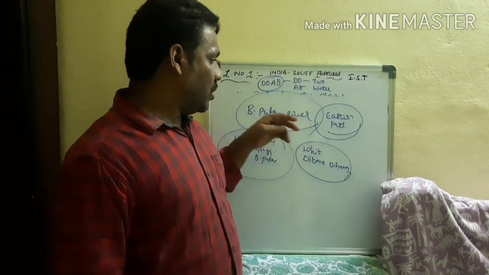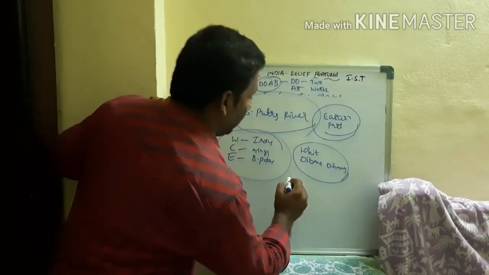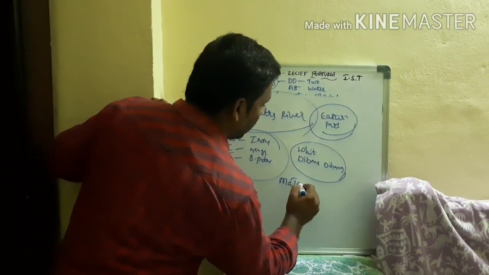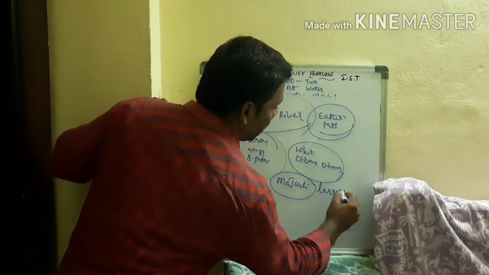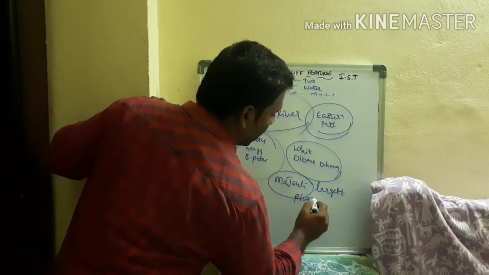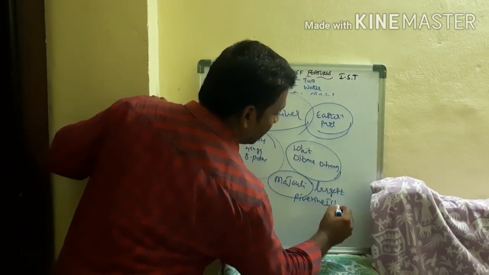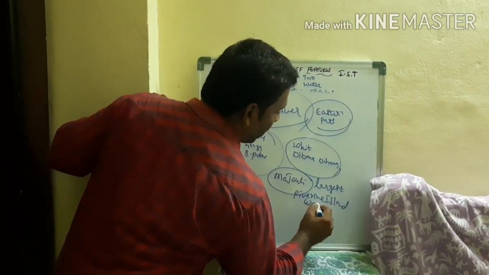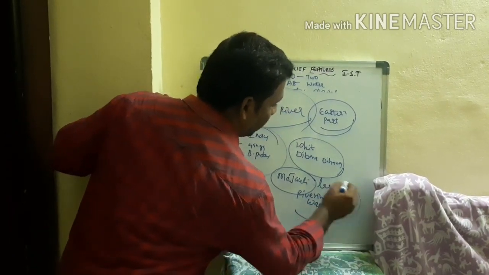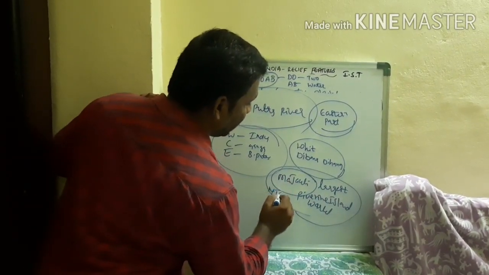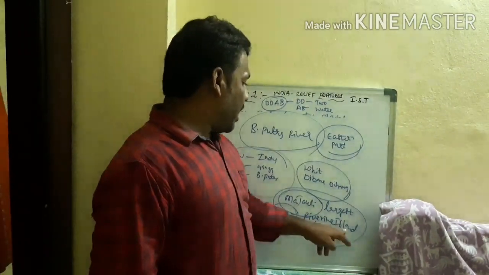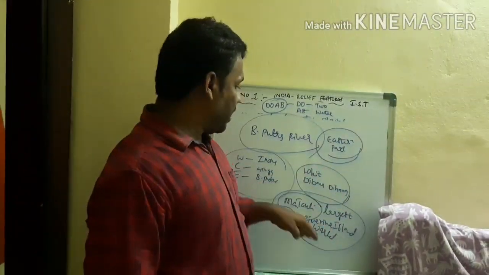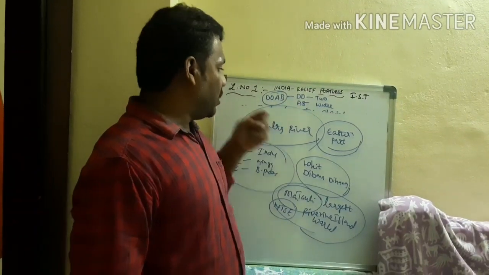We have in the Assam state Majuli. Majuli is the largest riverine island in the world. It has been created by the Brahmaputra river only. It is very important for NTS. Those who are writing NTS, aspirants: Majuli is the largest riverine island in the world. Due to the Brahmaputra river, it is formed in our country, in Assam state.